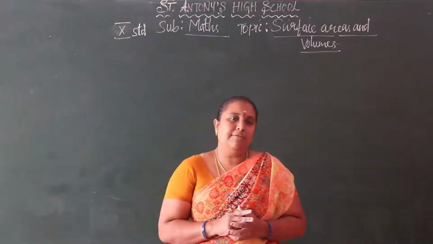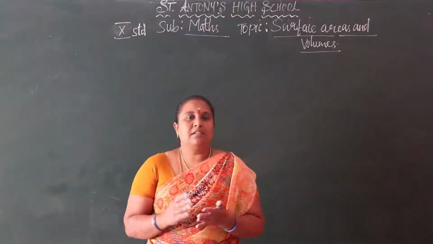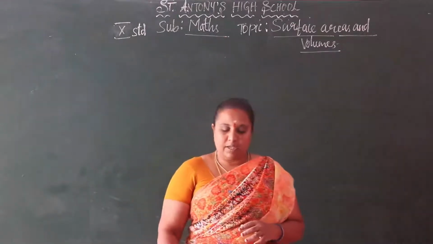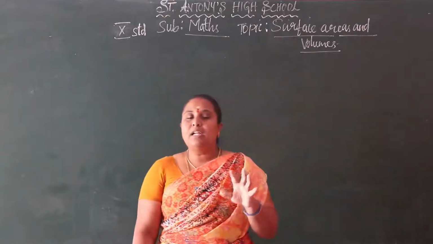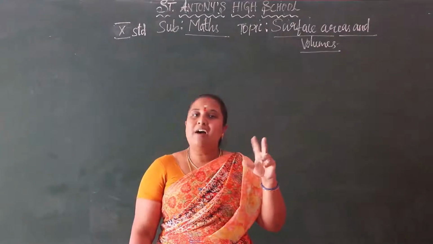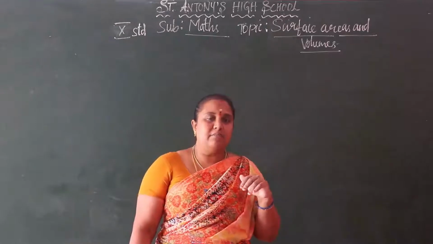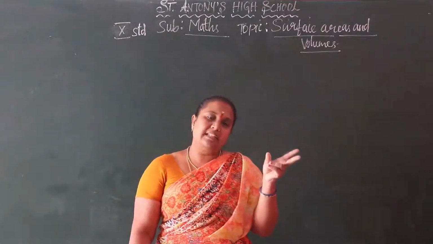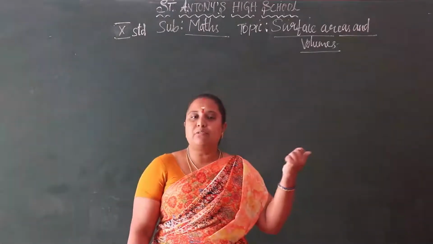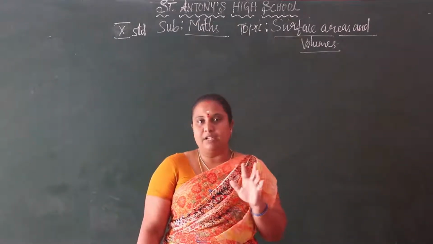So in a two-dimensional figure, how many properties are there? That is length and breadth for a two-dimensional plain figure. A plain figure has only two dimensions, so we can say it is length and breadth, or side into side. If we take a triangle, we have to take three sides, or height and base, that is base into height, or the three sides of a triangle also. That is two-dimensional figures, you all know.